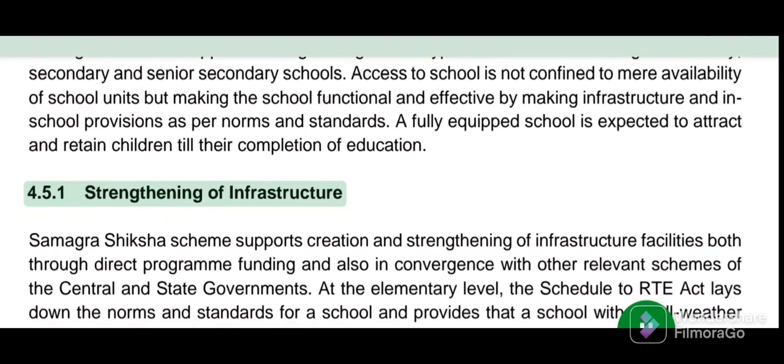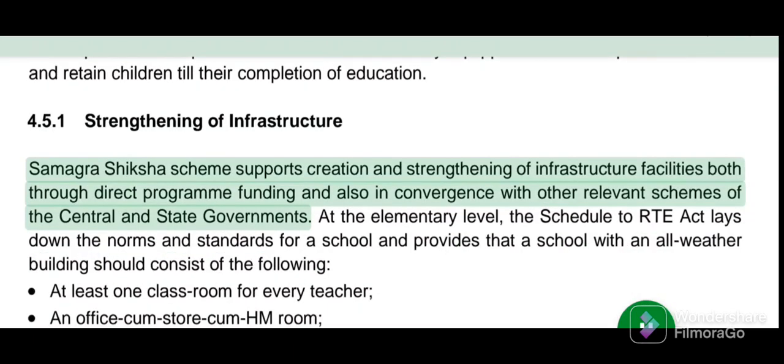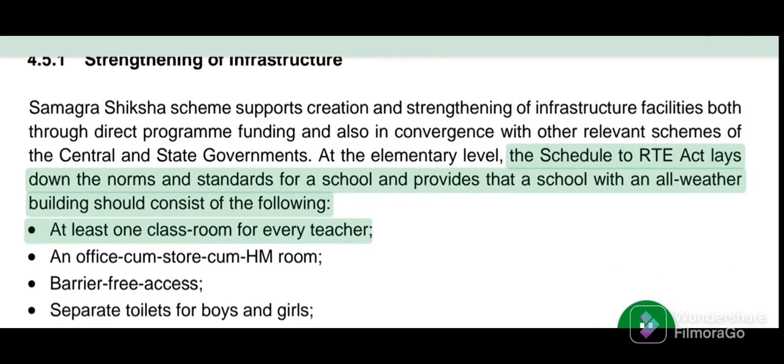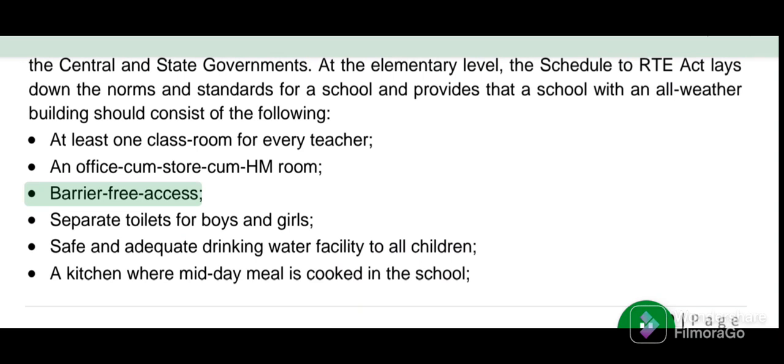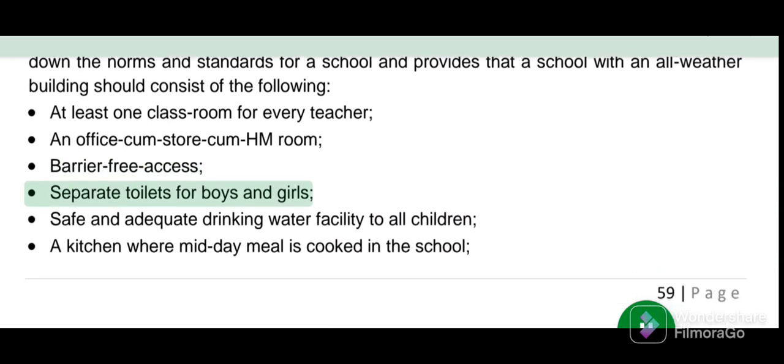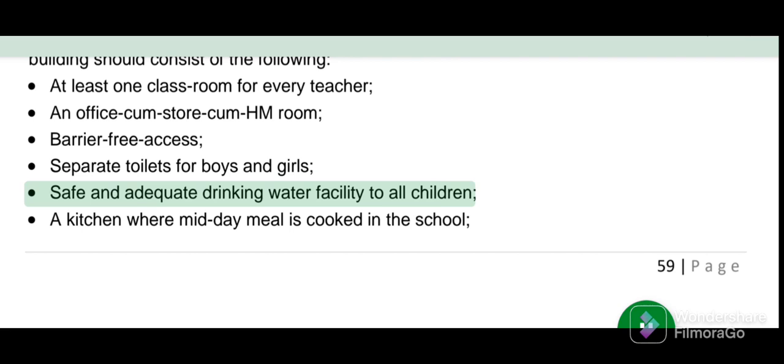4.5.1 Strengthening of infrastructure. Samagra Shiksha scheme supports creation and strengthening of infrastructure facilities both through direct program funding and also in convergence with other relevant schemes of the central and state governments. At the elementary level, the Schedule 2 RTE Act lays down the norms and standards for a school and provides that a school with an all-weather building should consist of the following: at least one classroom for every teacher, an office cum store cum head teacher's room, barrier-free access, separate toilets for boys and girls, safe and adequate drinking water facility to all children,